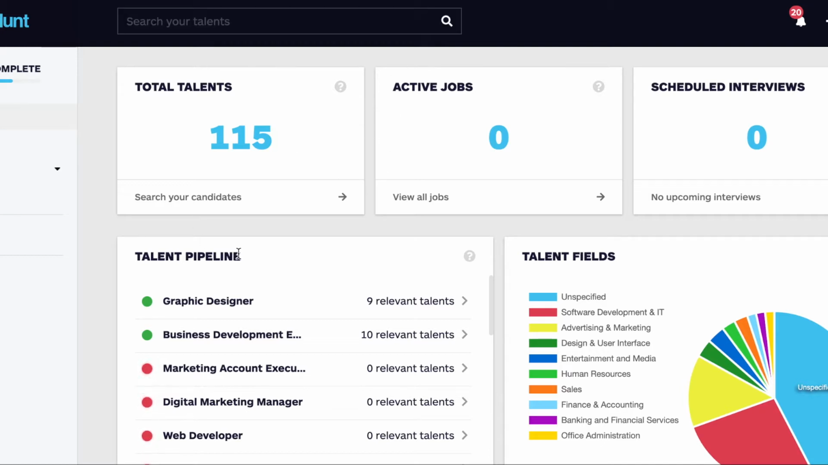This is your main dashboard, and it'll show you how many total talents you have. These are the total amounts of people that HireHunt has imported into your private database. This could be from your email address, from people who've applied online, or people you've manually imported into your system. It's basically everyone that HireHunt has imported for you and has sorted and indexed and ranked so that now